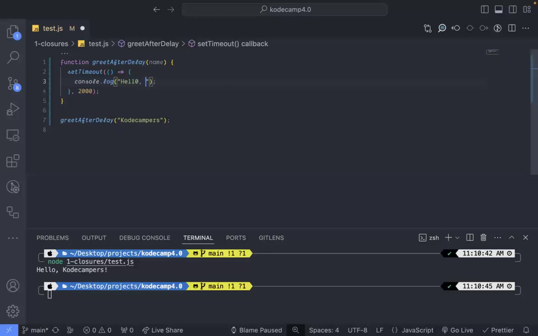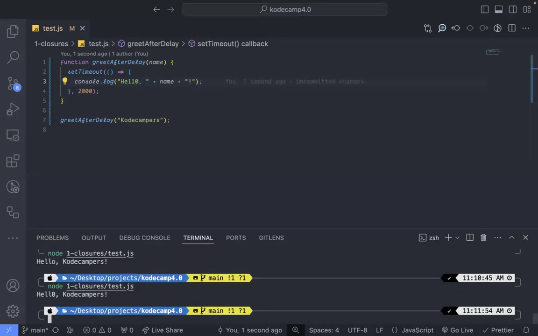Hello, then you see plus name plus this, and then your code still runs. After 2 seconds, kaboom, hello, code campus, and this is 0, not O. Okay, so that's great. And moving on, you don't even have to do that. You can actually say, hello, oh, this should be hello